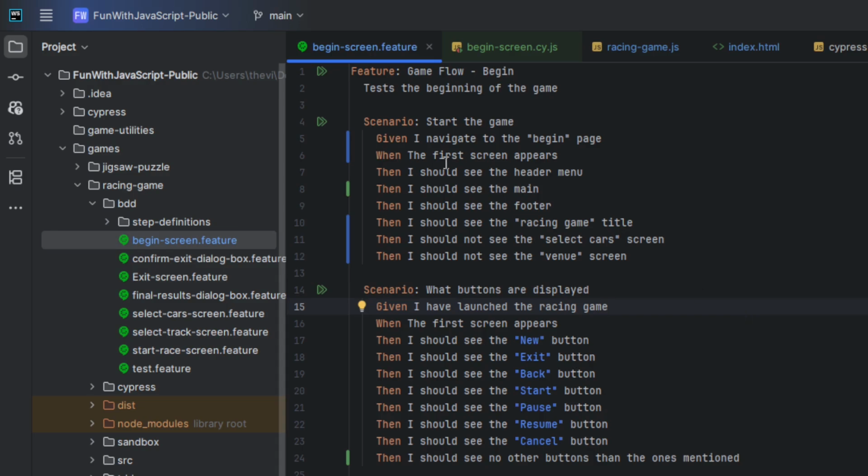In this video, we're going to be taking a look at BDD development. That's behavior-driven design or behavior-driven development. Unlike TDD, which basically says, I have a class here and I want to test to make sure I've got these particular properties and these particular methods do what I think they're going to do, BDD is all about, I've got this screen and I want to be able to have certain actions occur when